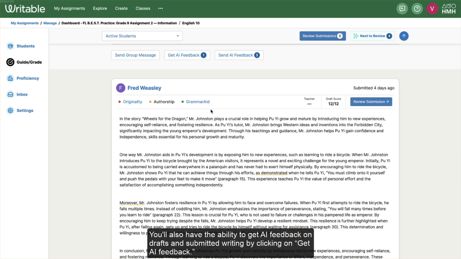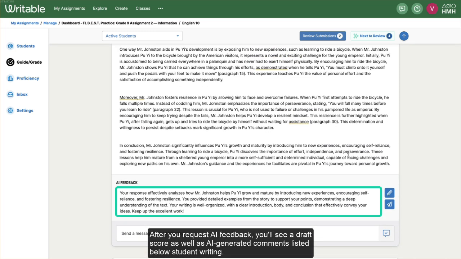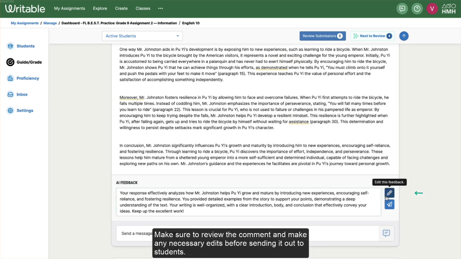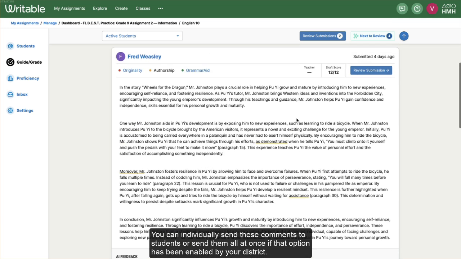You'll also have the ability to get AI feedback on drafts and submitted writing by clicking on Get AI Feedback. After you request AI feedback, you'll see a draft score as well as AI-generated comments listed below student writing. Make sure to review the comment and make any necessary edits before sending it out to students. You can individually send these comments to students or send them all at once if that option has been enabled